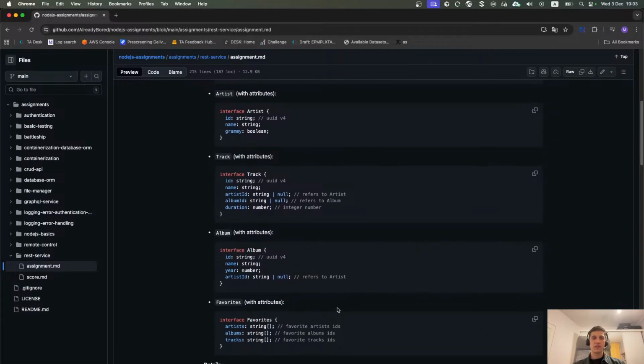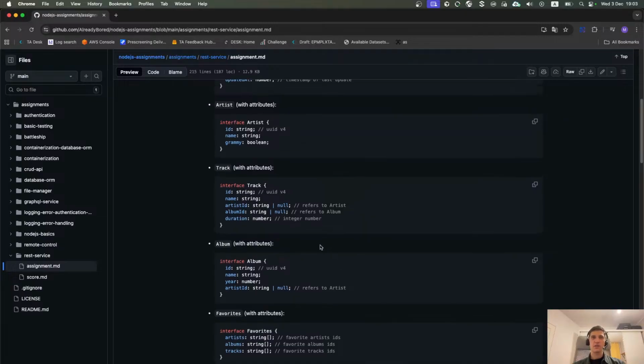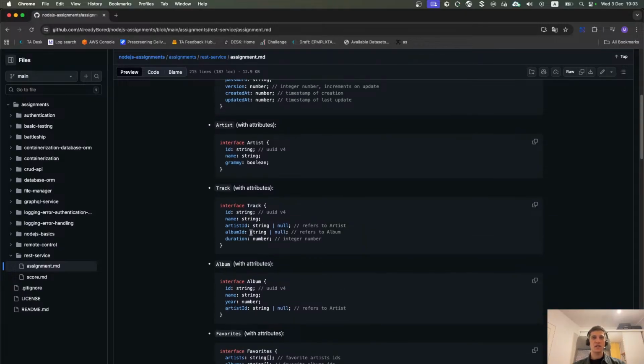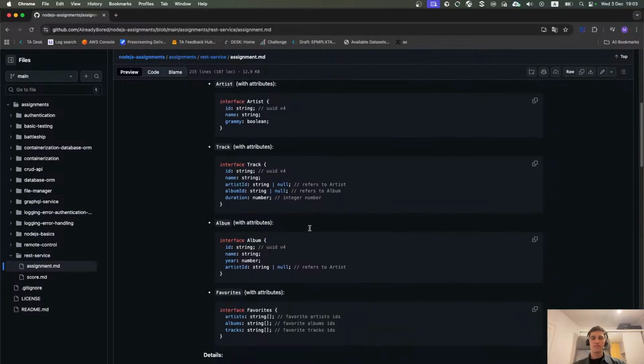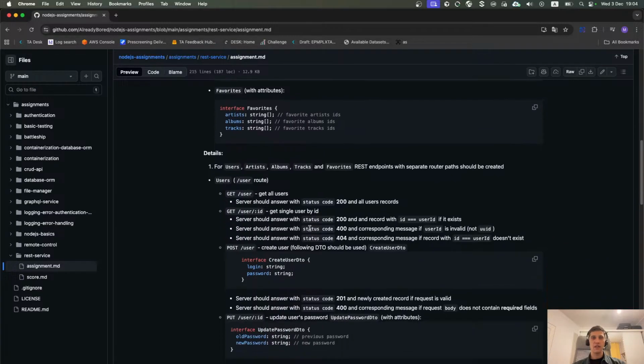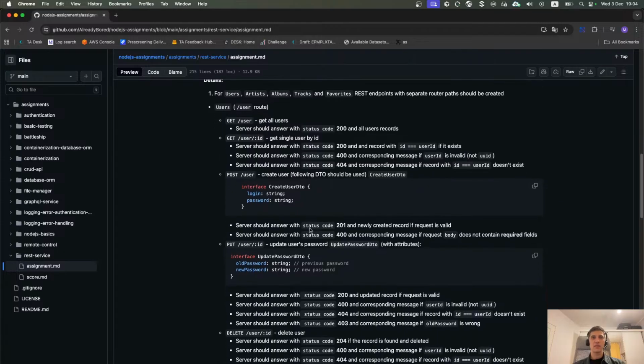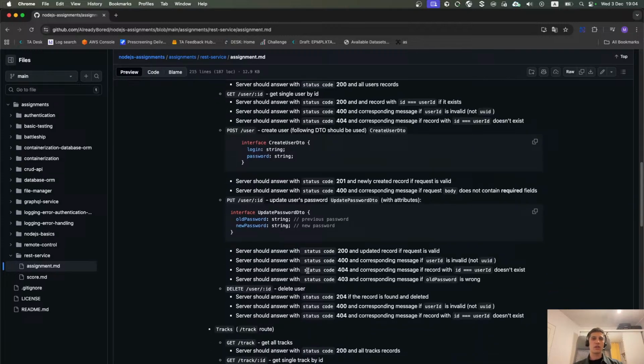Favorites are connected to artist, albums, and tracks. Track is connected to album and artist using ID, and album is connected to artist. And you had some REST API CRUD operations to implement that allow you to get all entities,